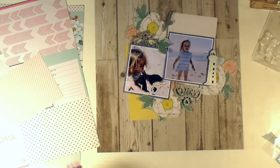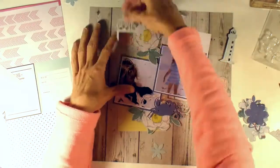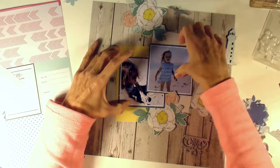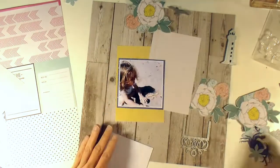So I wanted to use that little die of the crab. And then I also have some flower dies from Hot Off the Press that I use pretty much all the time. And I'm just going to use those cut apart cards to cut out a bunch of little shapes to kind of go in with these other items I already have on the page. So I'm liking this and decide I better start